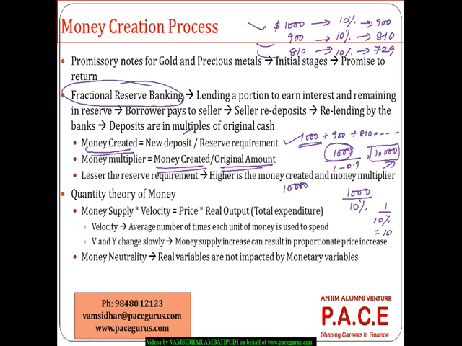So 10 times the original cash is the total deposits created in the banking system. If the reserve requirement goes lower and lower, the overall money created goes higher, and hence the money multiplier is also higher. And this is where the quantity theory of money comes in, which says whatever is the quantity